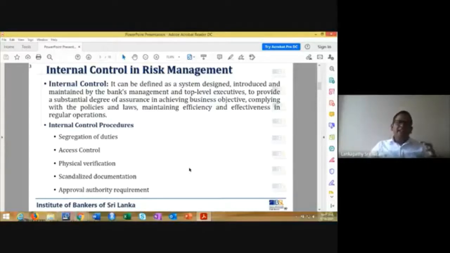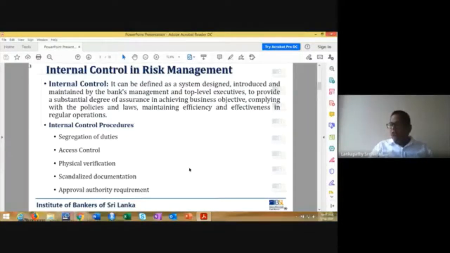But we can have a simple understanding about the internal controls. Rather than going with the definitions, if we have a simple understanding, then it is easy to memorize and understand what internal controls are. In any bank or financial institution, you can notice that there are several internal control measures introduced. For example,